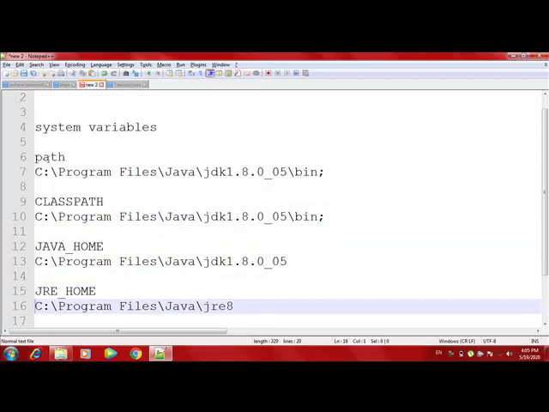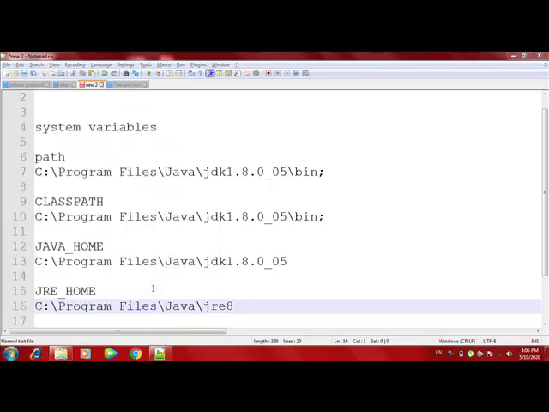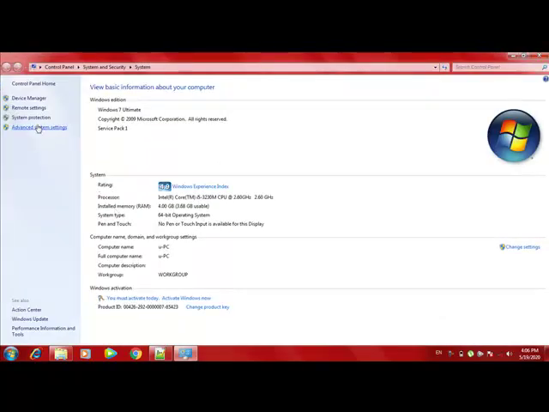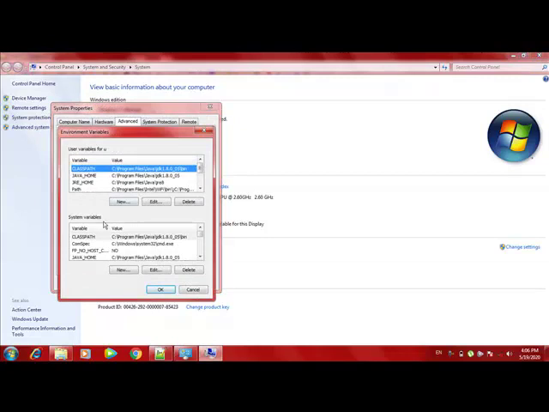This is the variable name and this is the variable location. So how do we set that? As mentioned earlier, right click on computer, go to properties, advanced system settings, environment variables, and in the system variables, set them. So you have a class path, I've set them all.